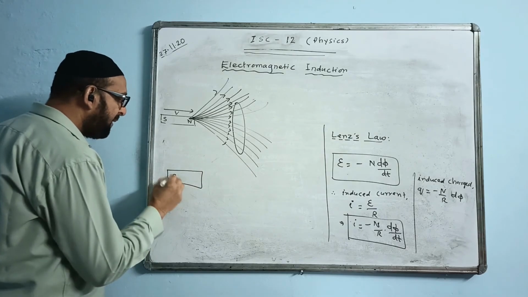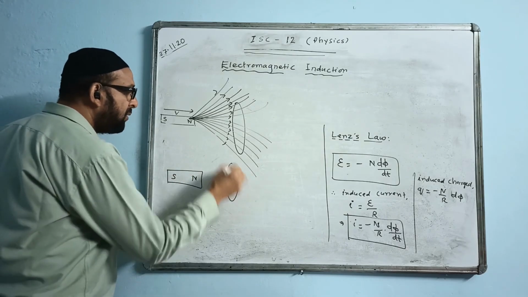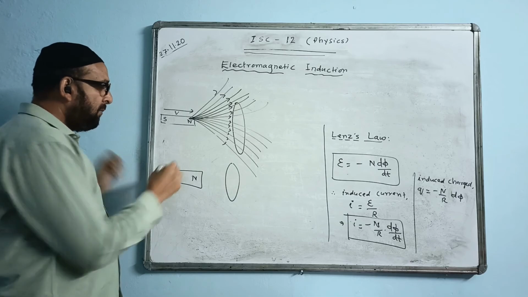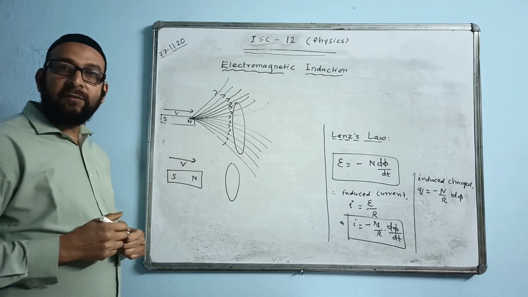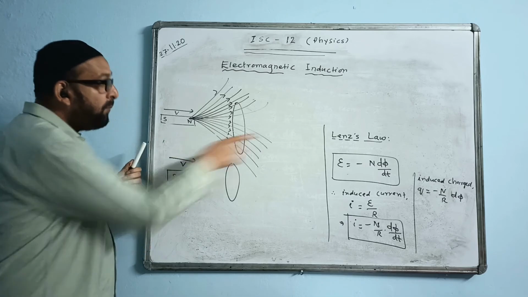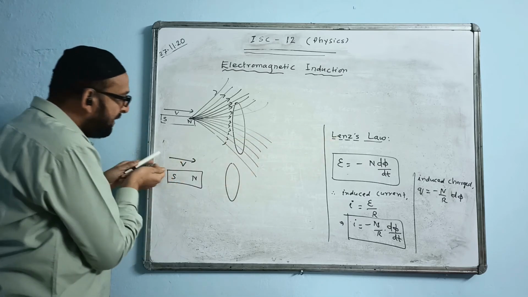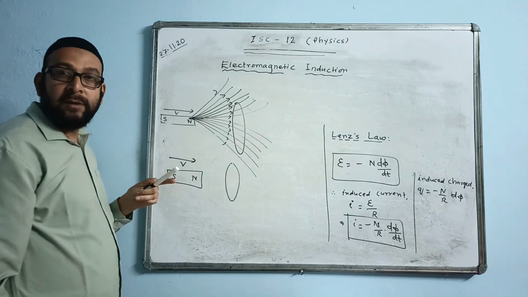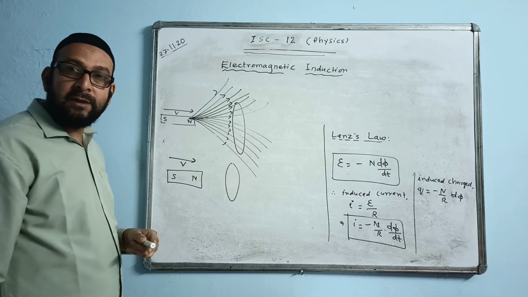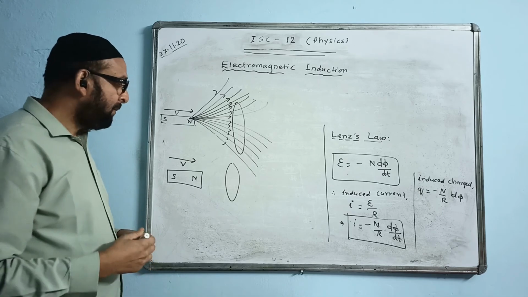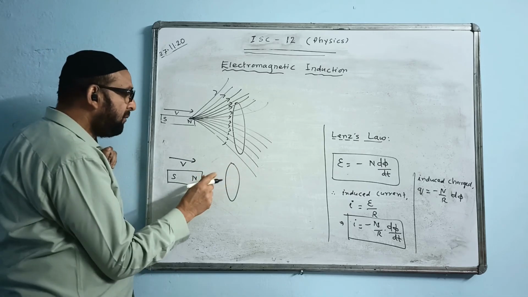In this case, suppose we have a magnet with south and north here, and this was the coil, like the previous one. The magnet is being moved like this. What direction will the current flow? How do we find the direction of current flow? The motion must be opposed, by Lenz's law. This kinetic energy must be opposed. Then only can we generate a new energy, that is electrical energy, in the form of current. So what direction is the current?